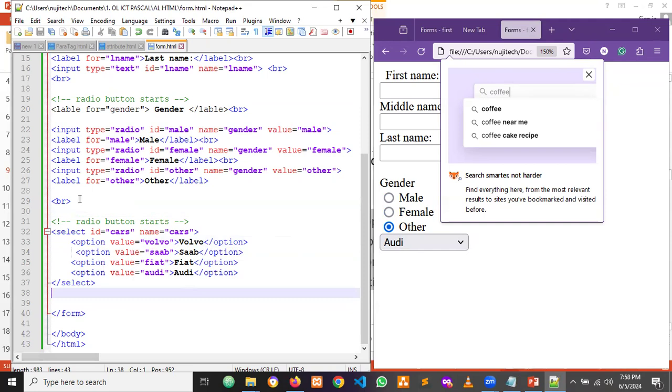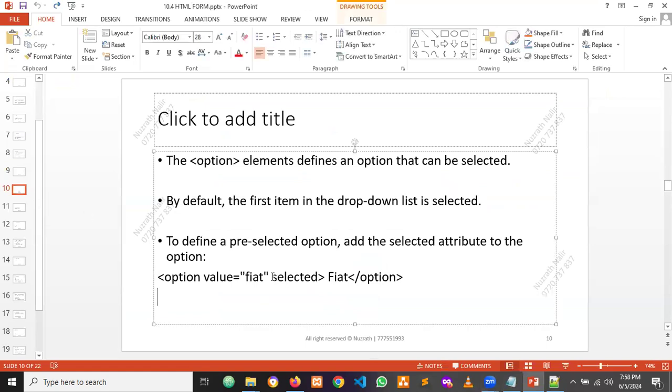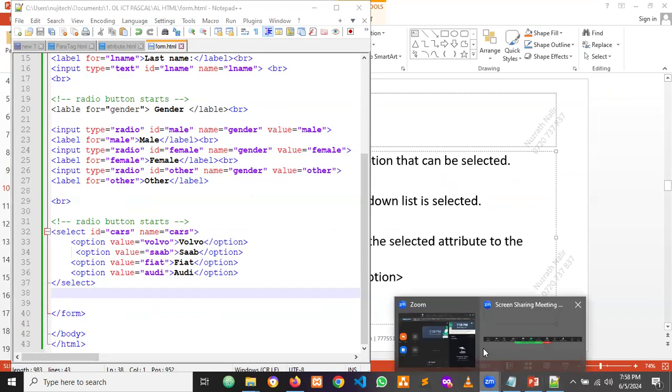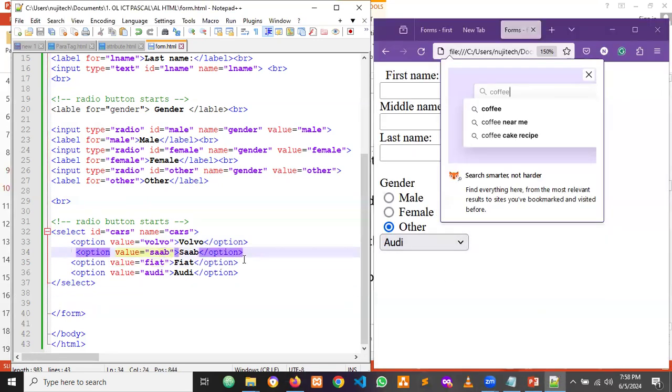So the next one here, listen, all the elements are within this form area. So that is very important. I already informed that. The next one, the option command. Here the option command, especially the selected term. Listen carefully. Okay, you can see this. Selected command, for an example, now when I refresh this page, you can see the